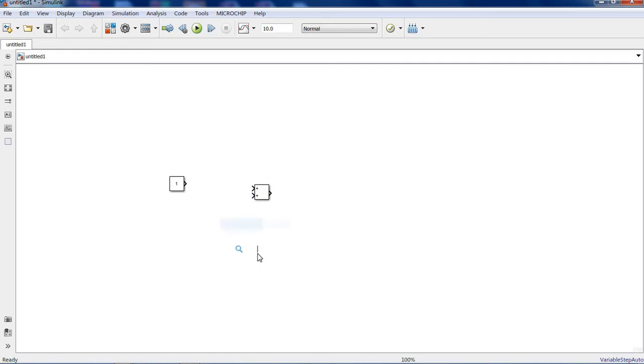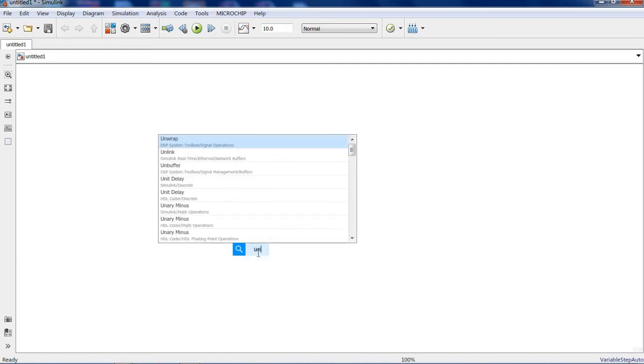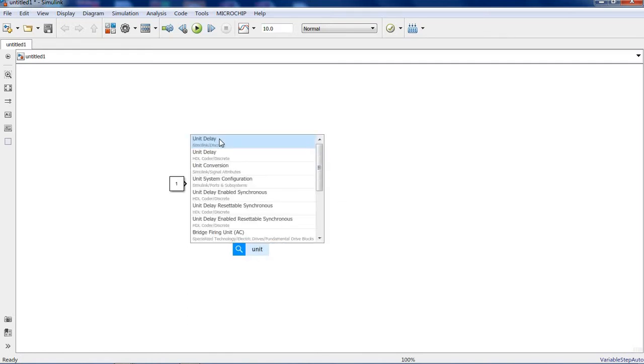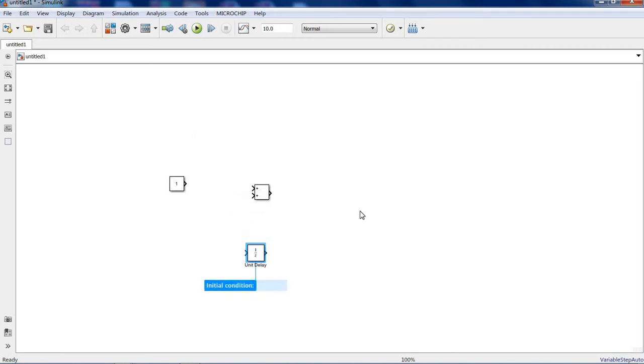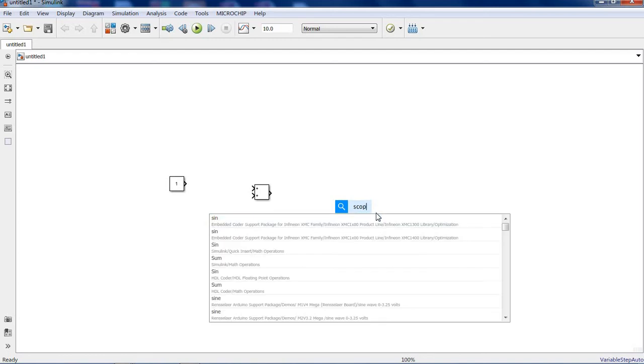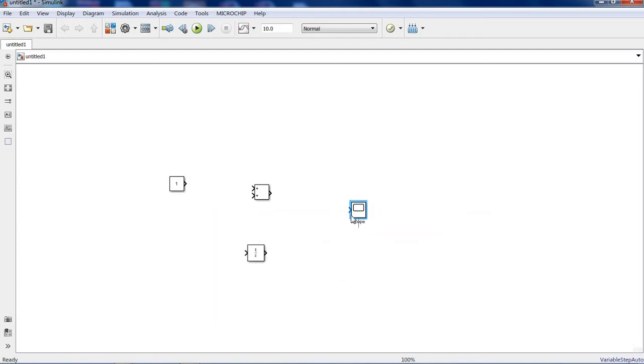Then you require one unit delay block, and for output you require a scope block. So these four blocks you require to design a counter. We'll connect this and I will show you how it will work.